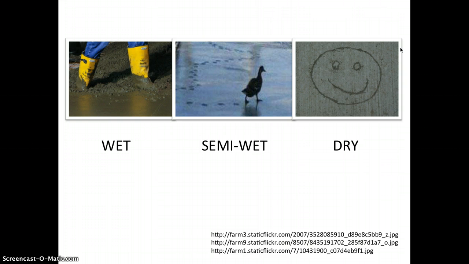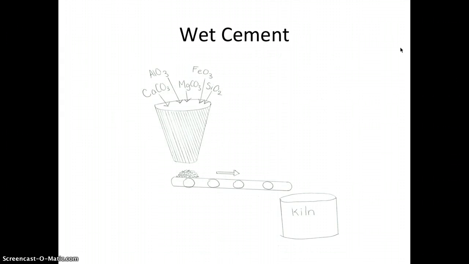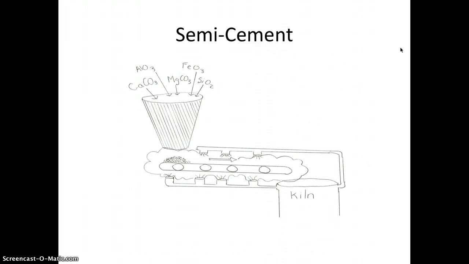How they differ is in the amount of energy required to remove water content that exists in the powder entering the kiln. The wet cement process is the same as in the introduction. In this case, the powder contains about 30 to 40% moisture. This means that the kiln is going to have to expend extra energy to get rid of the water content. In the semi-wet process, an extensive set of pipes or auxiliary equipment is required to take hot steam from inside